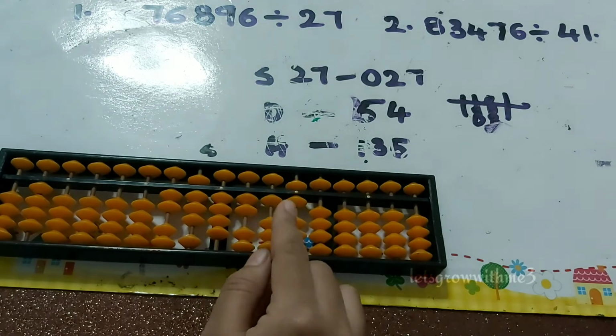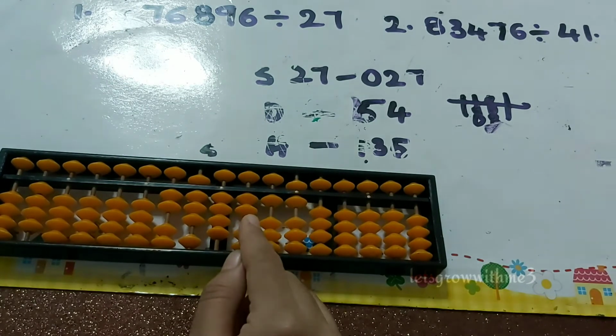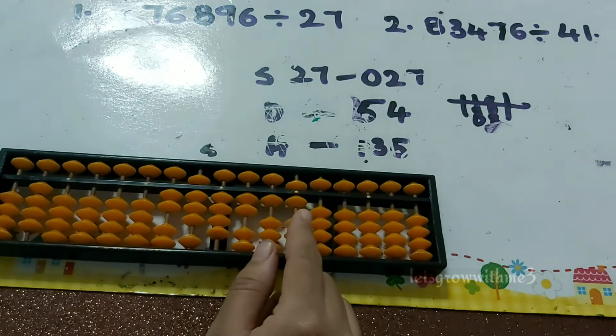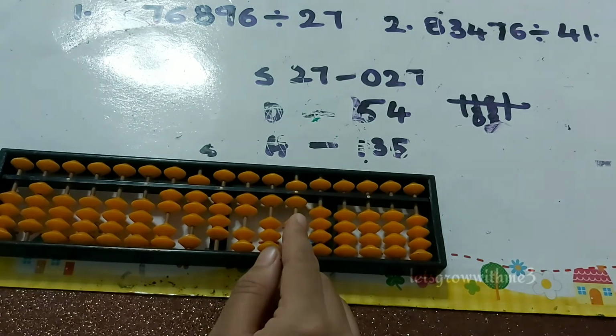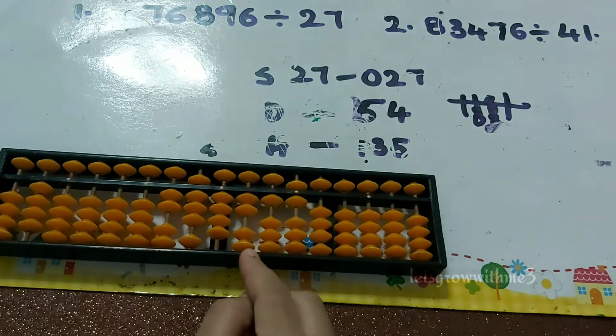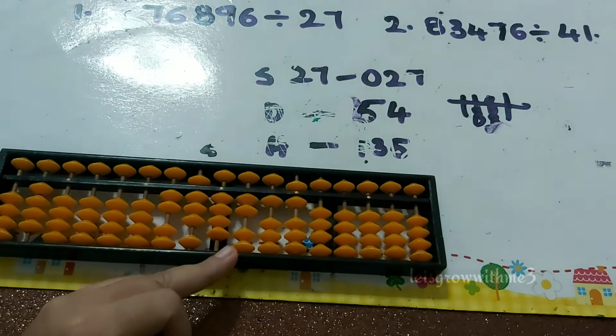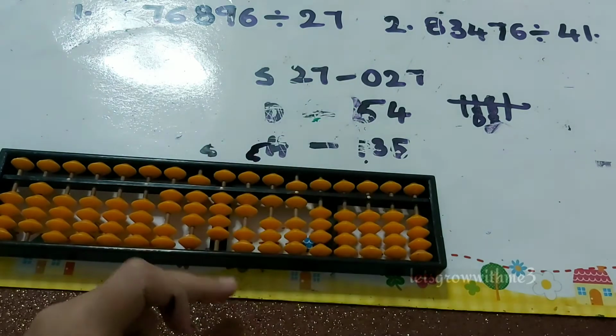Now I can't divide this 21, so I must consider a value from my dividend, which is 6. So now my next value is 216. How many times? Whenever you are considering a value from the dividend, you should put your quotient on another rod. So now my next value will be here, but the rod is busy, so I'll take out the values first. 5 times. Okay, 5 times.